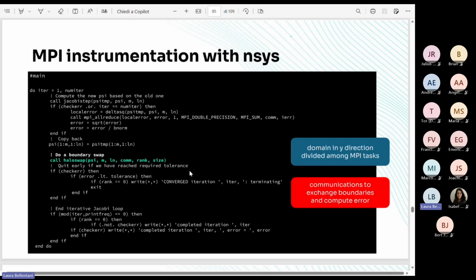Now, also in this case, we have a simple example. This is exactly the same toy code we saw for single GPU porting.